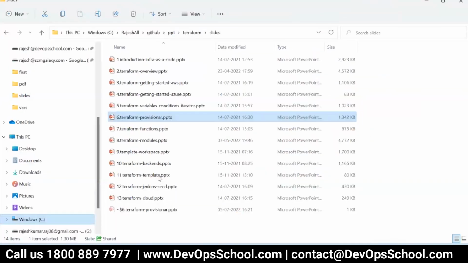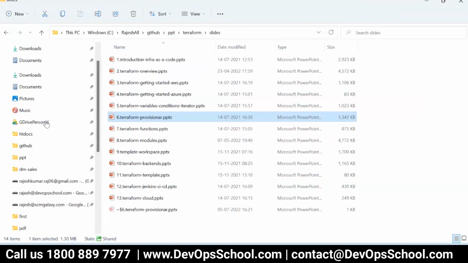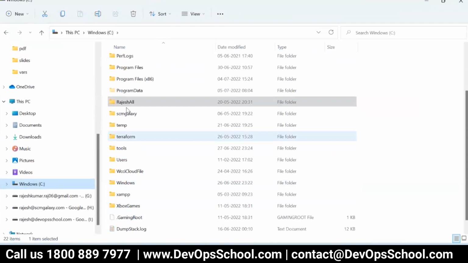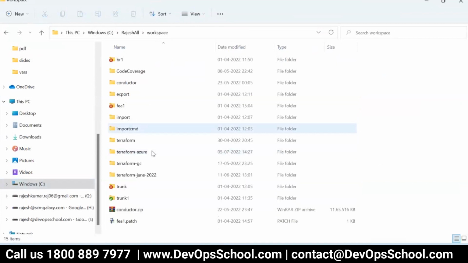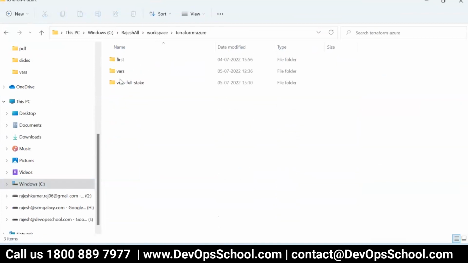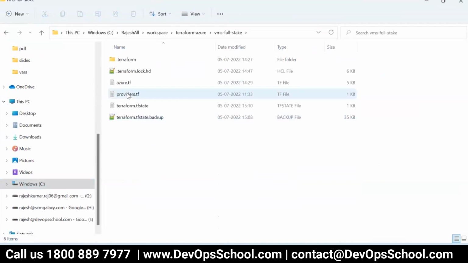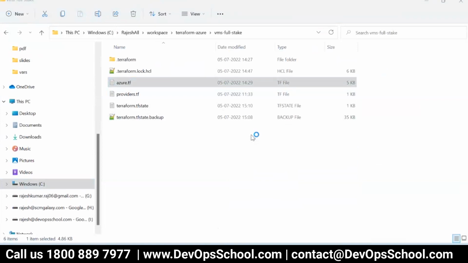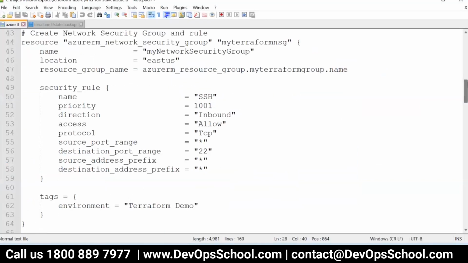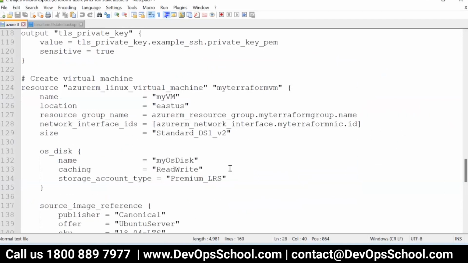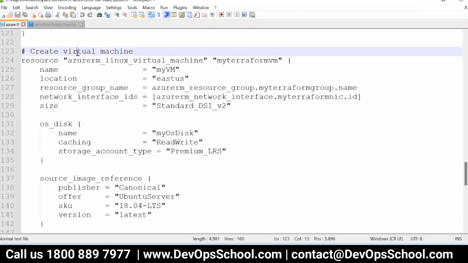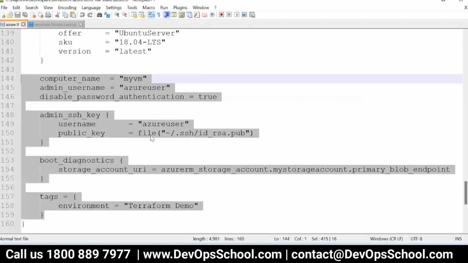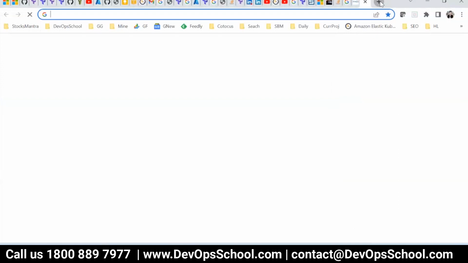Just a second, I think I changed the folder. So go to C drive, Rajesh, all workspace, Azure and full stack. Okay, I'll modify this code only. And here go to the VM. This will take a little time, but you have to wait for it. There's no other way around. I'll go to the VM, which is here, and here I will add those provisioners. Okay. So how do I add it? Let me show you some examples. It will be easy for you.